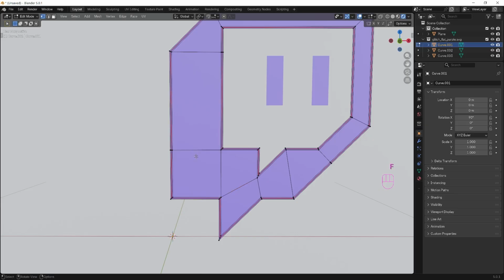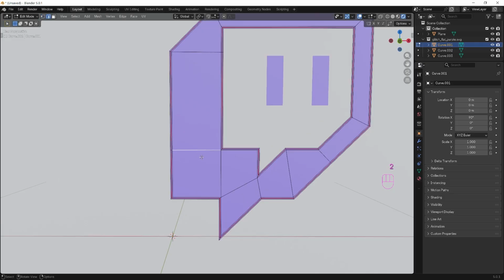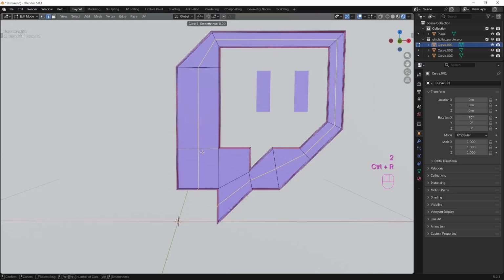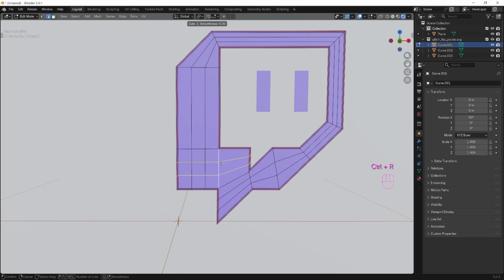Let's also add some loop cuts to make sure the faces have a more even size. That way we don't get issues when deforming the mesh. Start by clicking on this edge, then press Ctrl and R and roll your mouse wheel to add the desired number of loops. 2 will do here. Click here and add more loops. We'll go for 2 here as well. Then continue adding loops around the whole face until all the faces are just about the same size. I will fast forward and catch up with you on the other side.